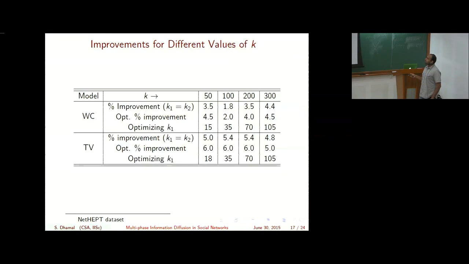Okay? And this was assuming that the budget split is the same, K1 equal to K2, basically a half split for both the phases. And we saw that the optimal percentage improvement was slightly higher than this K1 equal to K2 case. Suppose the total budget was this much, then the optimal K1 was this much. In all the cases, we saw that it was around 35%. So 1/3 of the budget should be given to the first phase and 2/3 to the second phase.